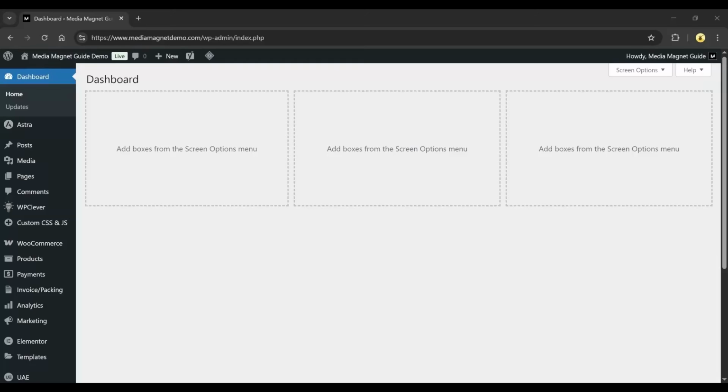Want to create a footer in Elementor? In this video, I'll guide you step by step so you can build a custom footer for your WordPress website